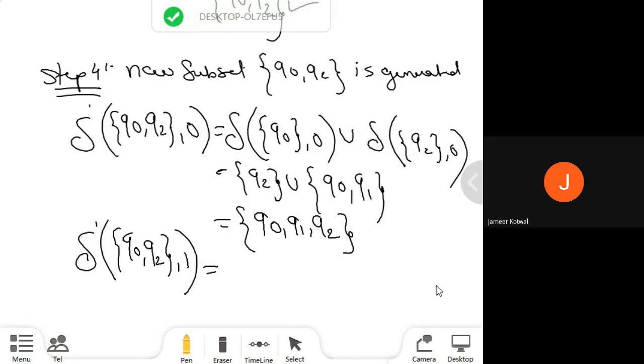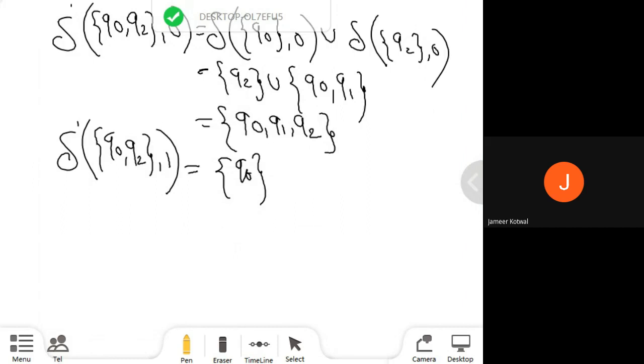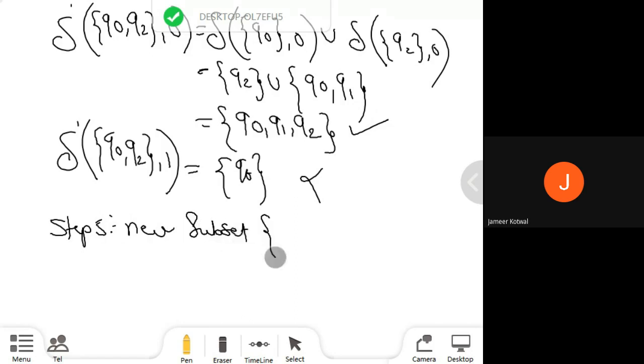If I process 1 in Q0, Q2, it reaches the Q0 state. Good, fine. Next, in this state, check which state is newly generated from Q0. Definitely, it has already been processed, fine. And the next, that is the new subset, is all about the 3 states, that is Q0, Q1, Q2. So in step number 5, you are going to go for a new subset, that is Q0, Q1, and Q2.